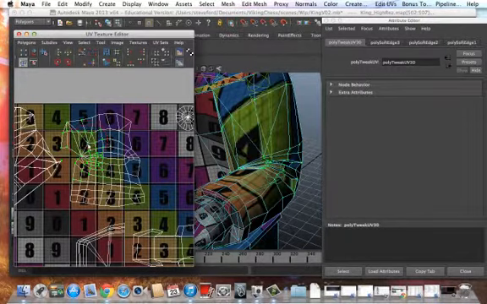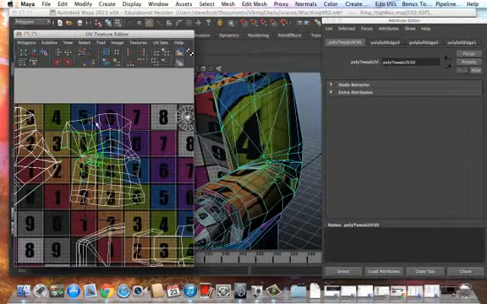Uh-huh. Okay, so like that guy needs to come down. And okay, so these guys need to come down a bit. Need to select more UVs. So, all right. All right, so